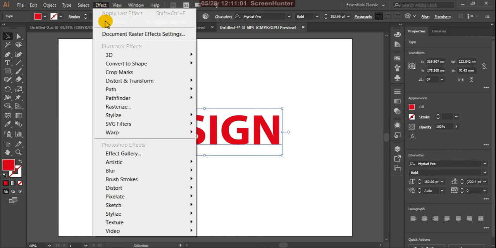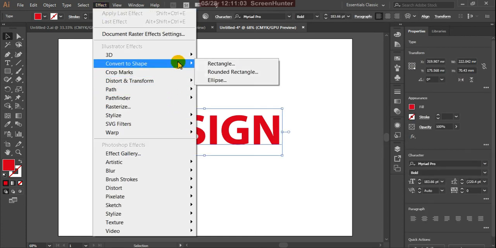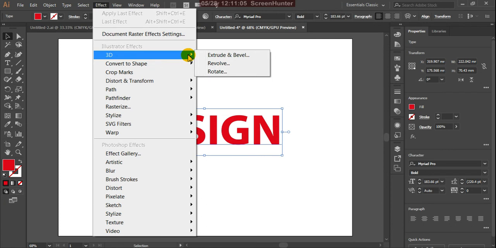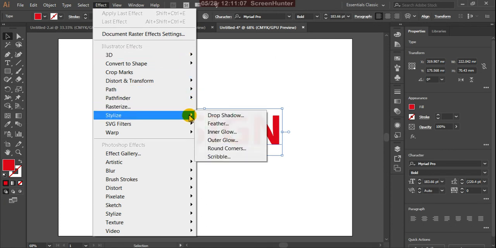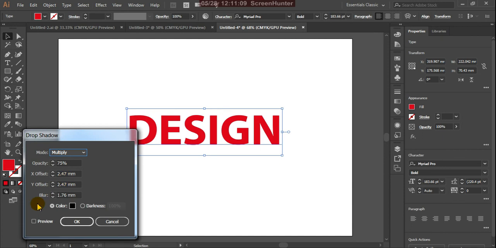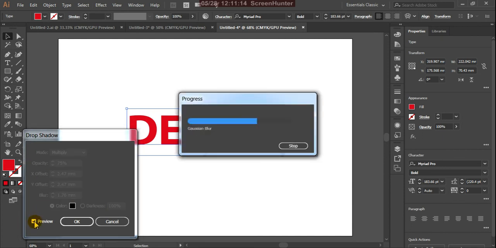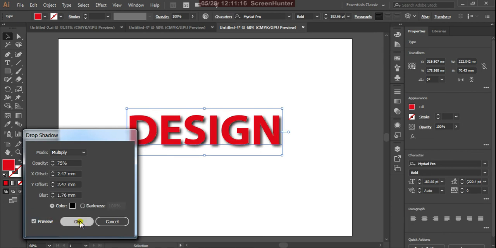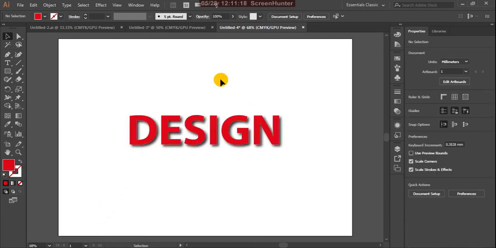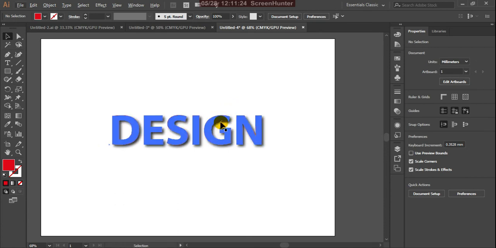And here from the effects, I'll explain effects and all what are these. It's a stylish drop shadow. Suppose this is my file. Okay, so how to save these files?